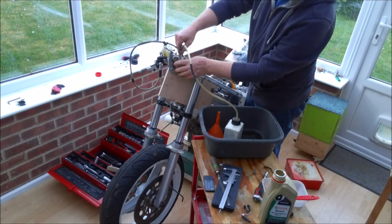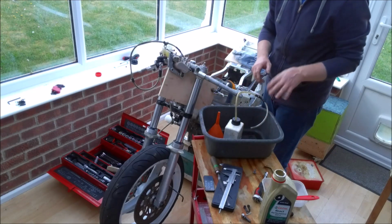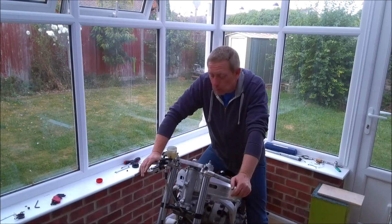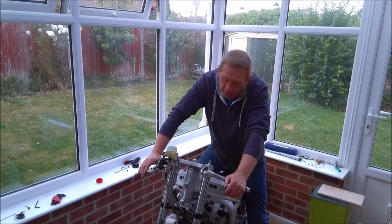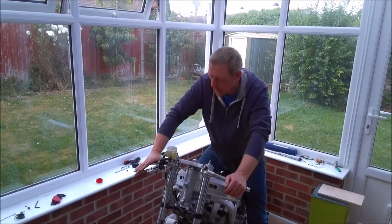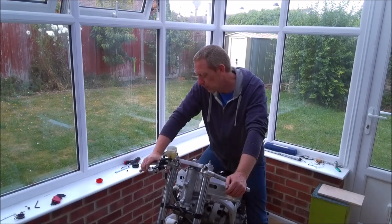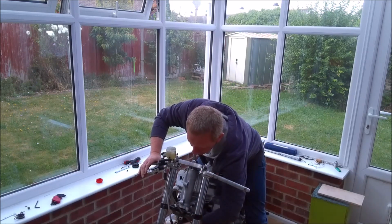Alright, that caliper seems to be running pretty clear of air now, so I'm going to switch you off while I do the same with the other caliper. And fingers crossed we'll get there in the end. Well, we're back. Clearly the trick of raising the calipers actually worked and got rid of the last of the air in the system. I've got a nice firm brake lever now. That feels really good,